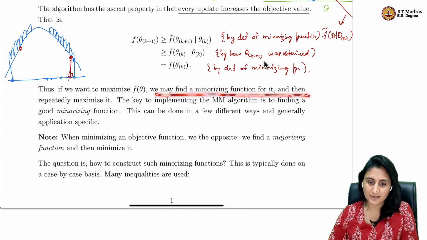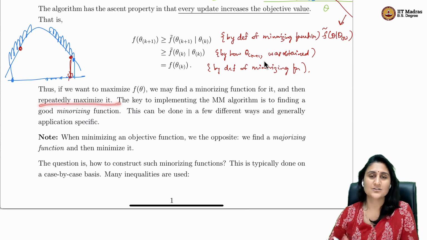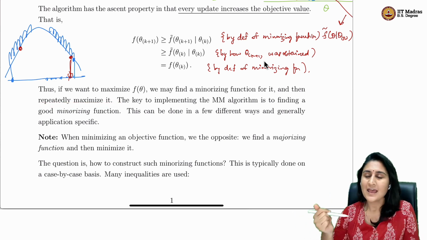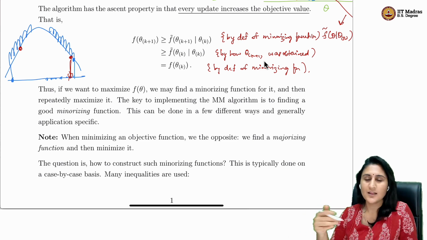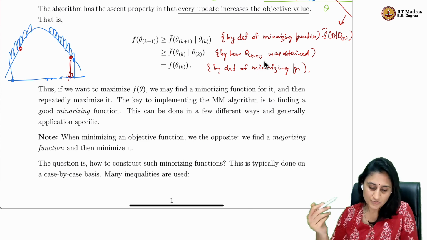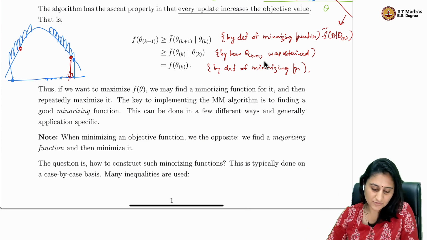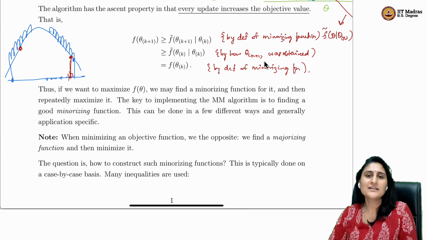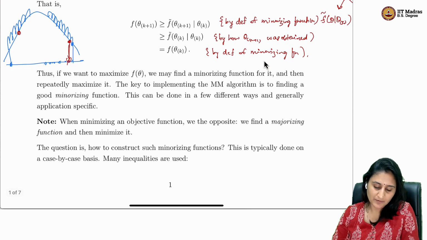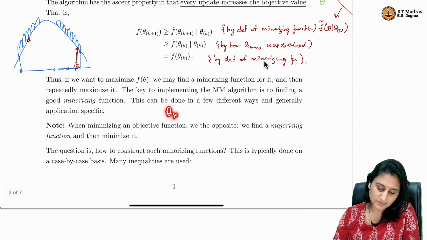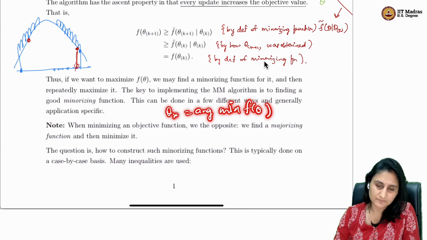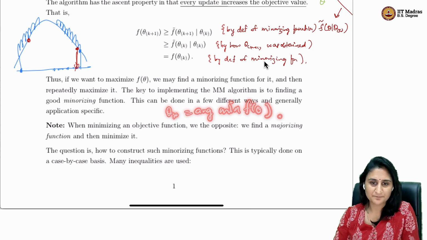If we can do that, and then repeatedly maximize it. So if we can find a minorizing function and have a technique to repeatedly maximize the minorizing function, then we have an MM algorithm. So the key really is to find such good minorizing functions that are relatively easy to maximize. Okay. Now, a note here is that if our goal is to minimize an objective function, so if we are in the situation where theta star is the argument that minimizes f of theta, right? If that's what we're working with, okay,